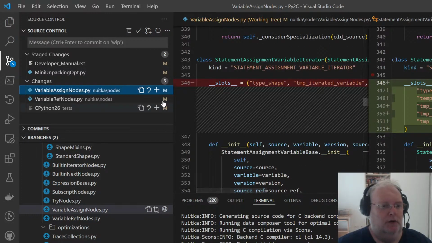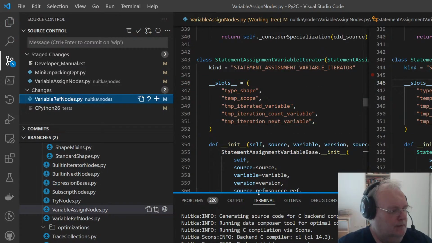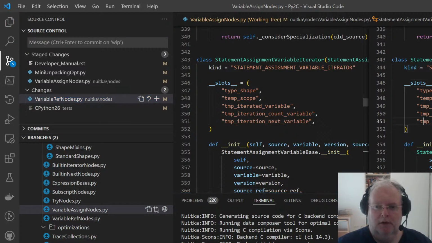Now I need to think who is going to delete. So the subscript lookups don't need deletion. They are not new variables. What happens with the count variable? The count variable gets never deleted.